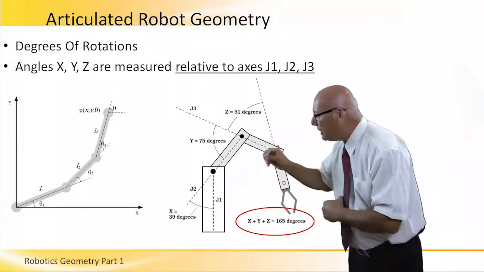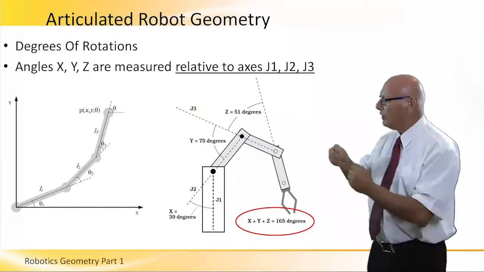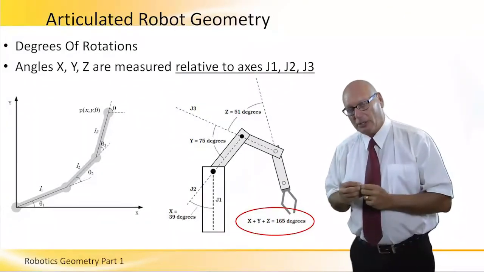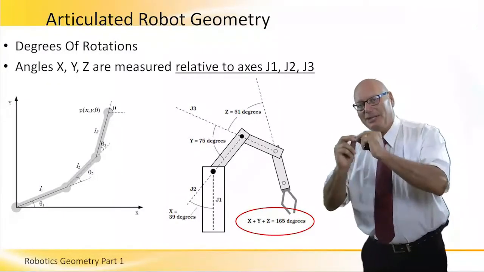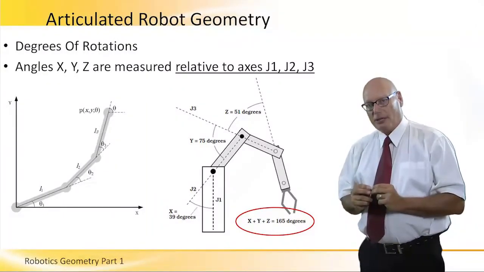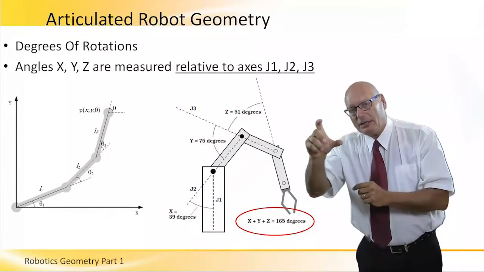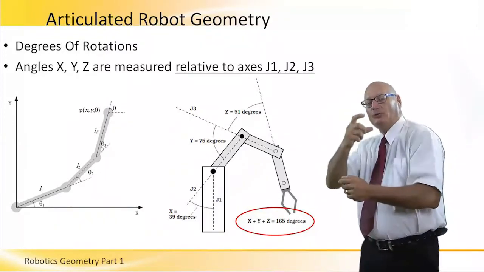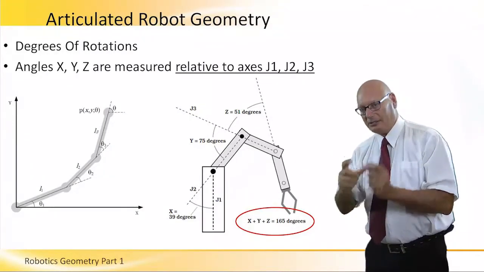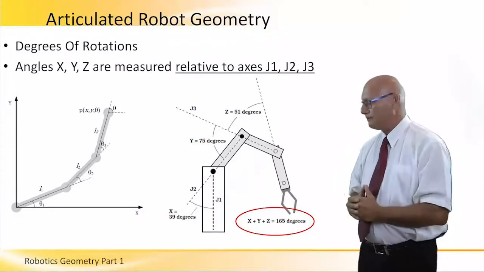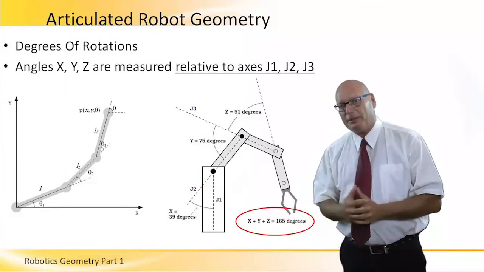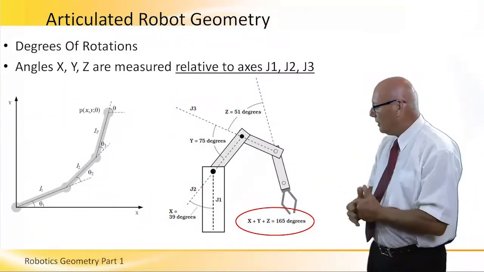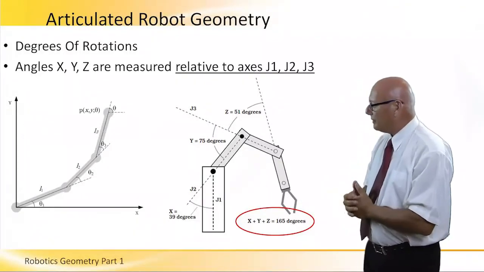And theta number 3 is between J2 and J3, etc. So we express the degrees of freedom and the angles of rotation of a particular link based on, and in reference to, the previous link. This is something very, very important. The picture on the right demonstrates a numerical example, where we have theta 1 is